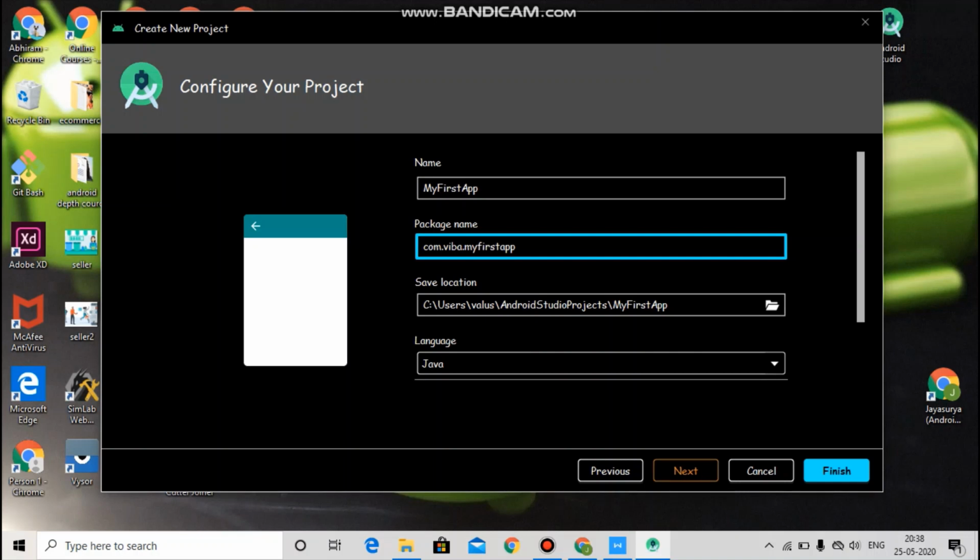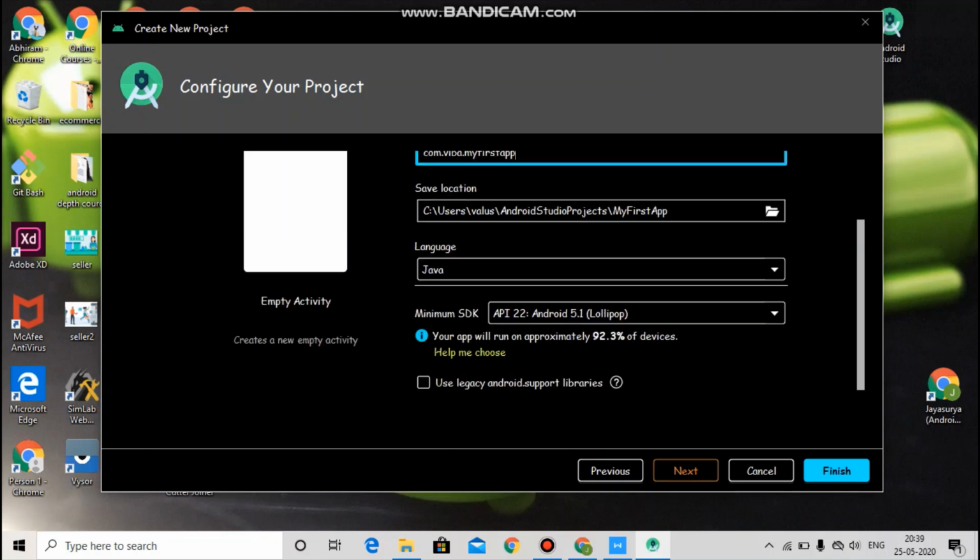It's important to see that your package name is always unique because it gives you a problem when you upload your app in Play Store. And then the save location. You can change the location or else you can go with the default location.